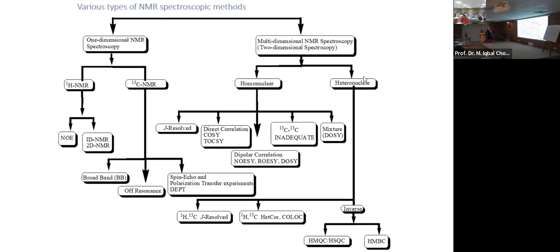In multi-dimensional NMR, there are two types, homonuclear and heteronuclear. In homonuclear, you observe proton-proton or carbon-carbon, and in heteronuclear, proton-carbon, proton-nitrogen. They are different. For homonuclear, you have J-resolved, COSY, TOCSY, INADEQUATE, and DOSY, ROSY, NOESY. Then for heteronuclear, you have inverse NMR like HSQC, HMBC, HMQC, and you have COLOC, HETCOR, and these are